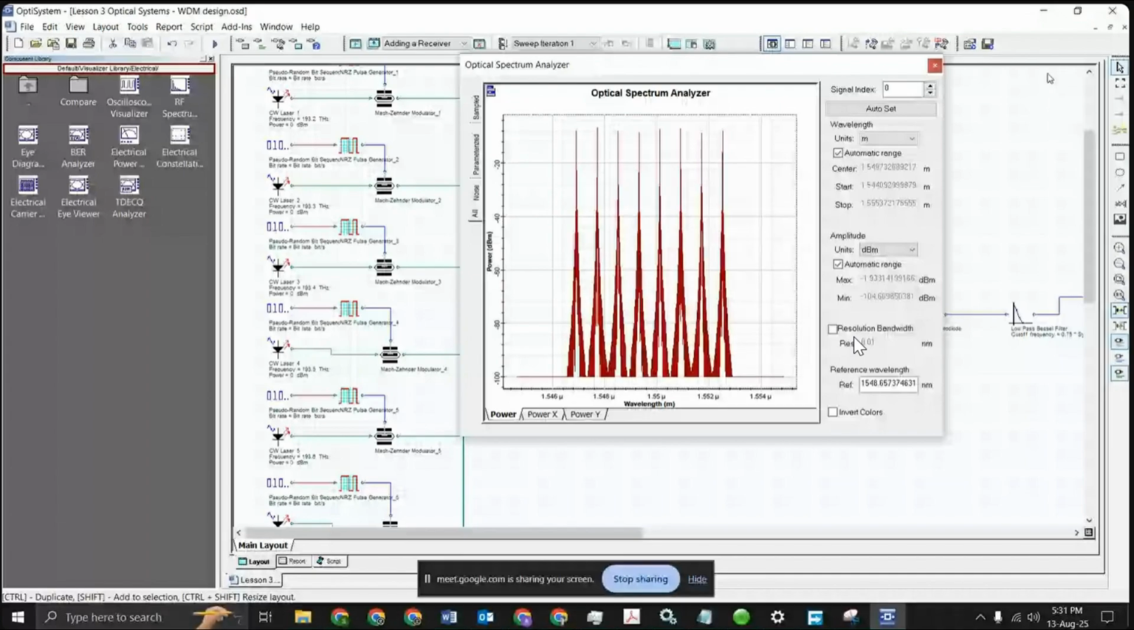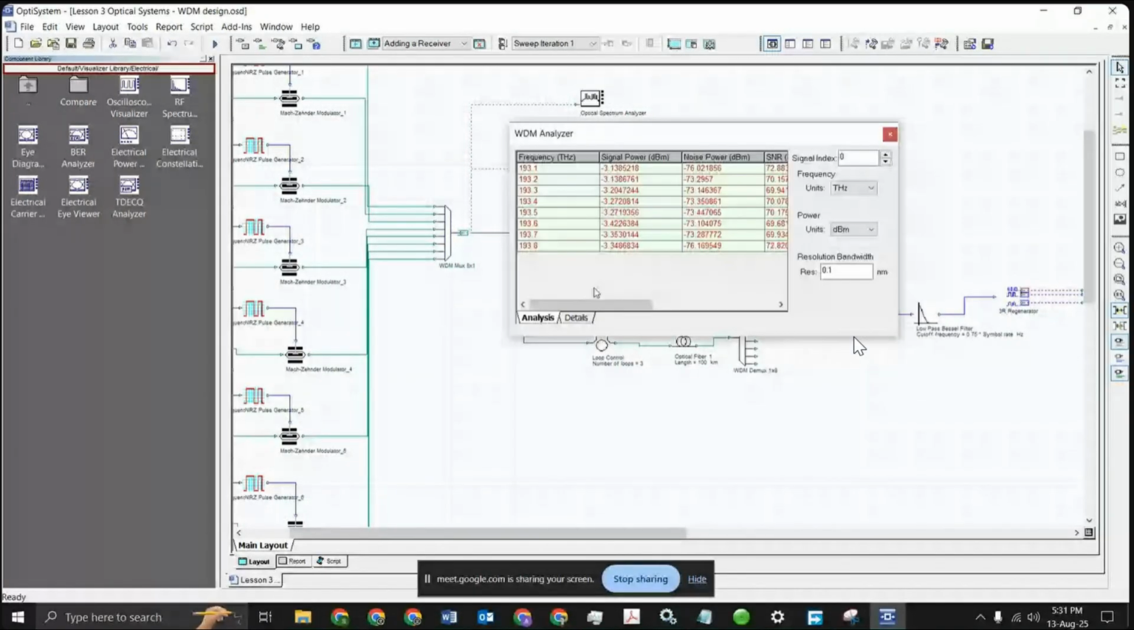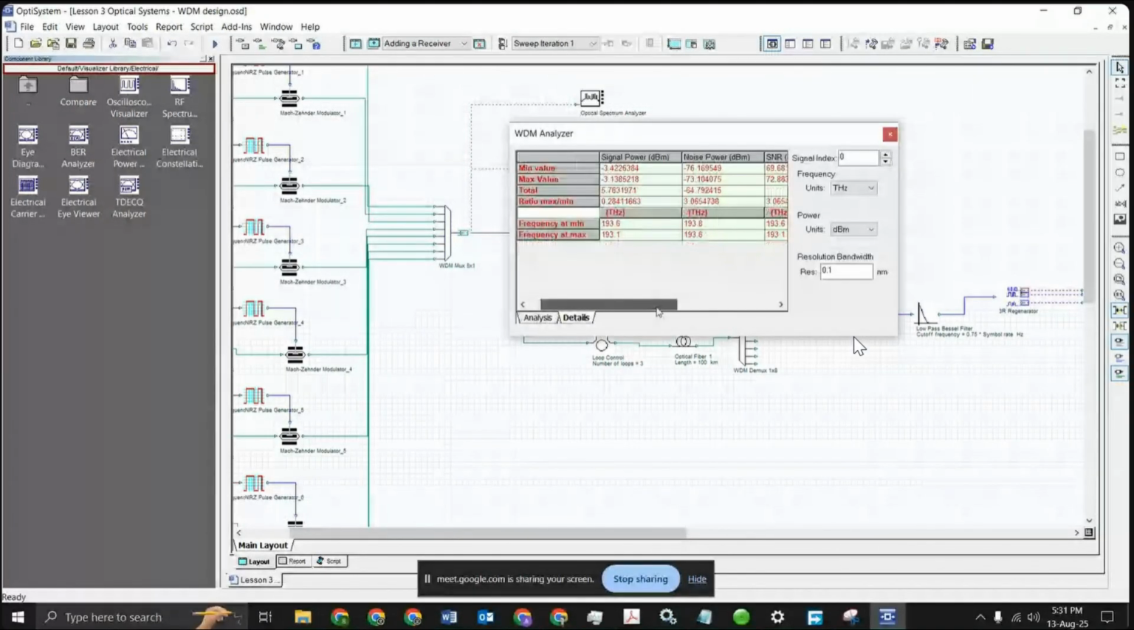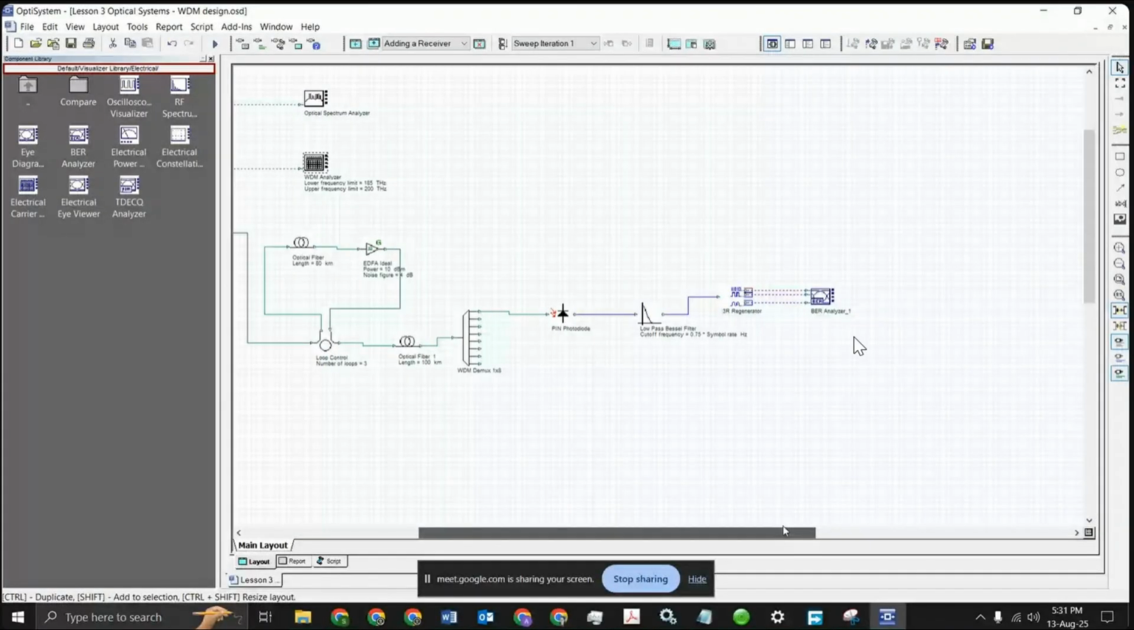And you can see the other factors like OSNR, SNR, signal to noise ratio, and optical signal to noise ratio. And at last, for example, if I just